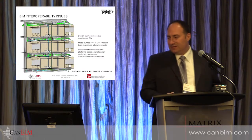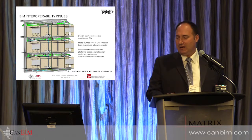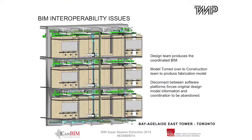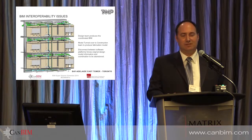Interoperability issues. This again is the Bay Adelaide project that I showed you before, and this was the issue. We had this whole bank of plumbing fixtures all drawn up, and they ignored all of it. They redrew it themselves, and they created a whole bunch of problems with penetrations through the shear walls that the structural guys had not allowed for. So this is a common theme, and this is one of our biggest issues,